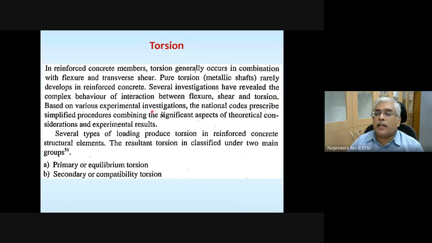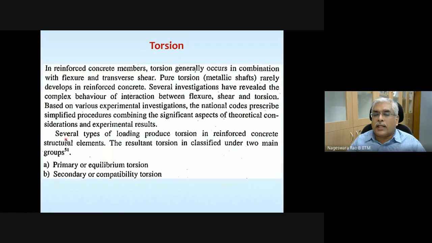Based on experimental investigations, national codes prescribe simplified procedures combining the significant aspects of theoretical consideration and experimental results. So this is the point which Professor Amlan just mentioned. And if you want to do advanced studies or research in this area, you need to go and understand all this, the interaction between flexure, shear, and torsion.